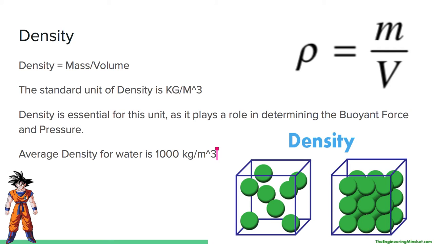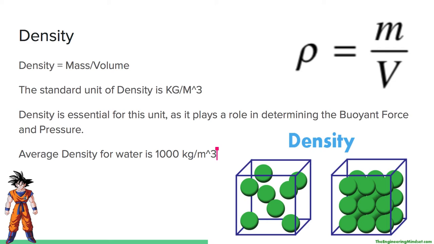Density. Density is mass over volume, as you can see on the equation at the top right of the page. The standard unit of density is kilograms per meter cubed. Density is essential for this unit as it plays a role in determining the buoyant force and pressure. The average density for water is 1,000 kilograms per meter cubed, and the more precise measurement for water is 997